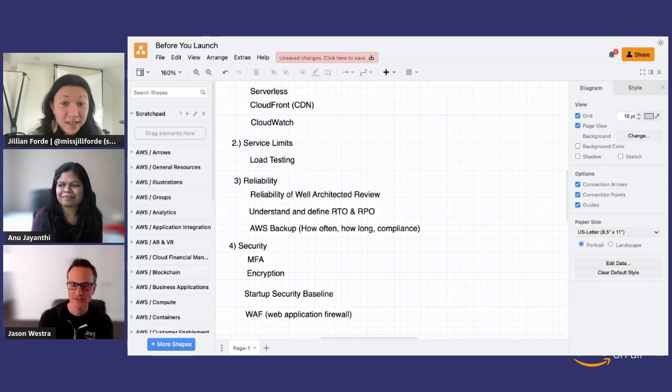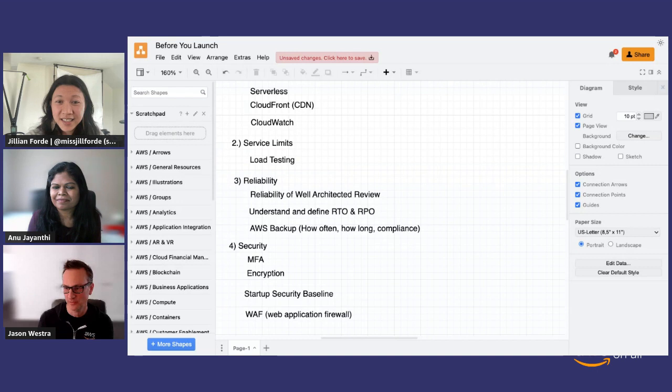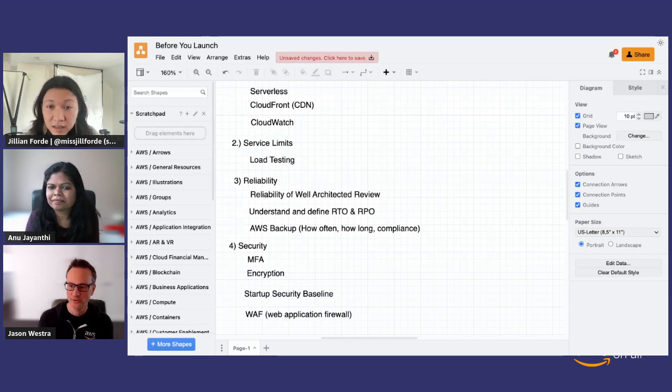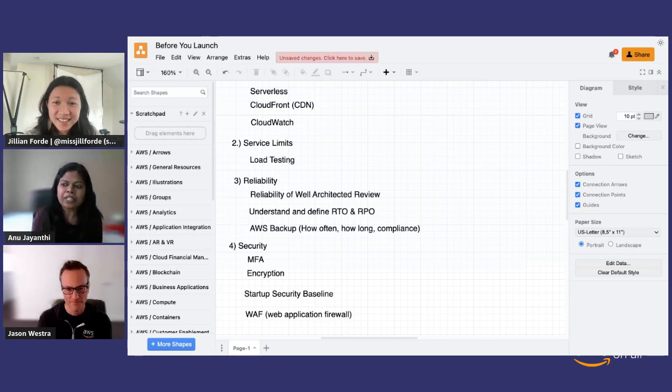Jillian, there was a question, or maybe you could field this. There was a WAF question that came through, from Jeffrey: is WAF highly available and what's the cost? WAF is highly available, yes. And from the cost perspective, there are a lot of rules in WAF. Just to mention a few of them,